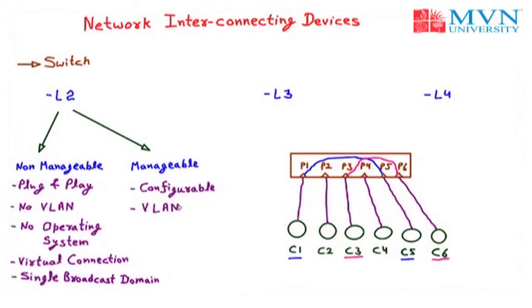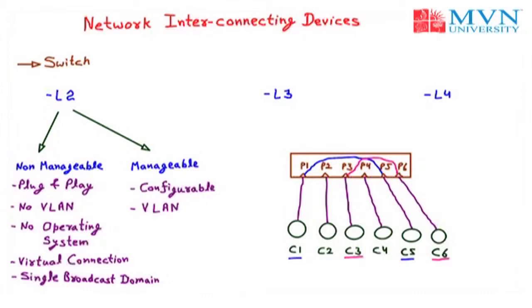To understand the VLAN, let us take the example of a switch. In the switch we have 6 ports as shown in the figure, and we have 6 computers connected to the ports. Let us take an example to understand. Just like we have 2 departments, and 6 employees in them, the 2 departments are named HR and marketing.